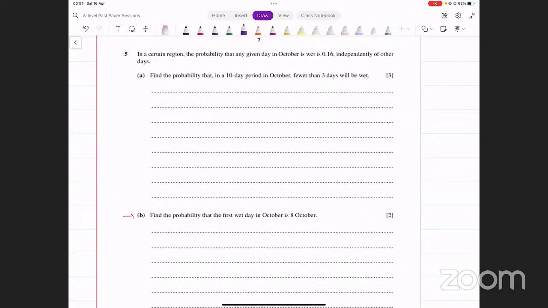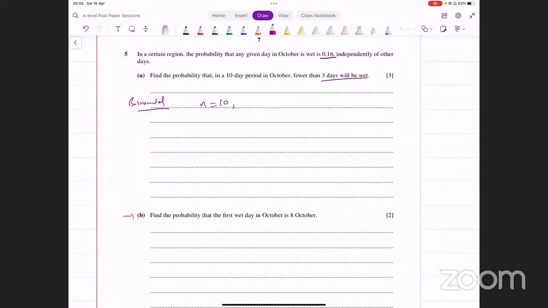In a certain region, the probability that any given day in October is wet is 0.16 independently of other days. So for any one day, the probability of being wet is 0.16. Find the probability that in a 10-day period in October, fewer than 3 days will be wet. ये आप कर सकते हैं, बहुत आसान है. This is binomial, right? Number of successes की बात हो रही है. So it's binomial